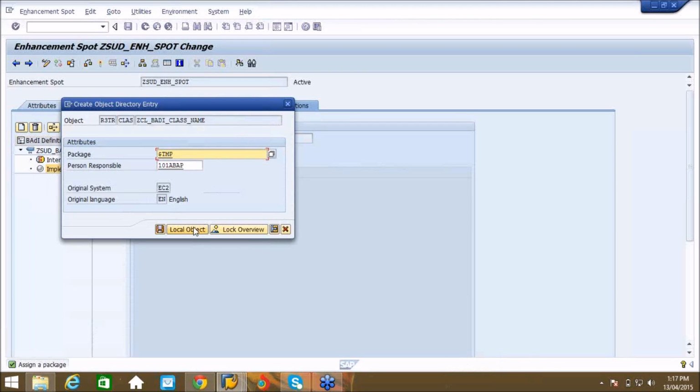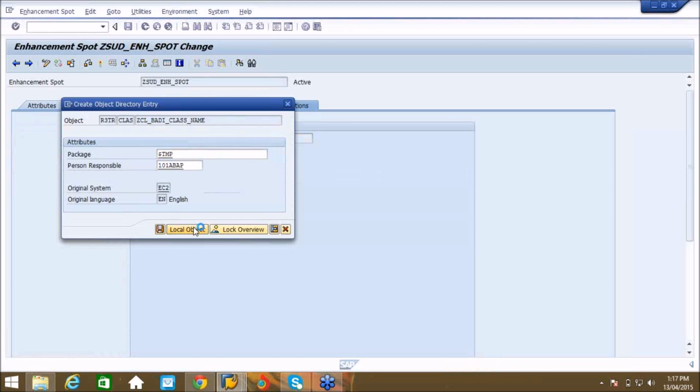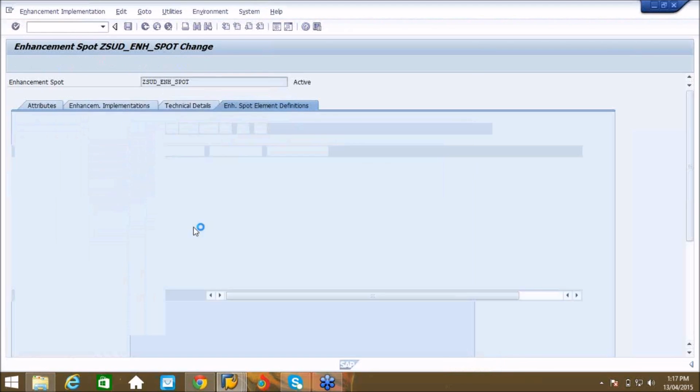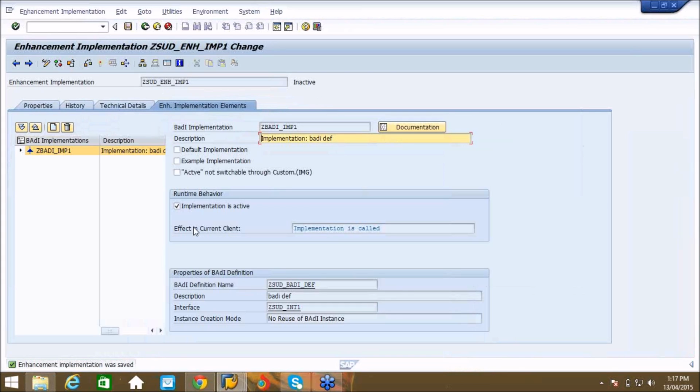Save it in a local object. So now I am inside the enhancement implementation. You can see this is not the enhancement spot. Now I am in the enhancement implementation. I have a BAdI implementation name.